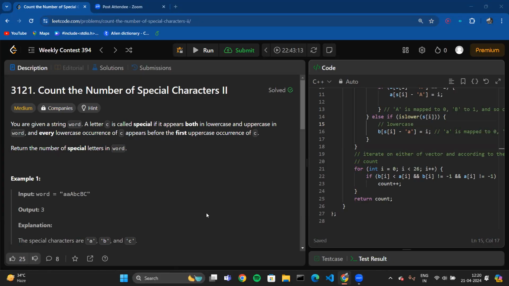Hello guys, what's up? We are back again with another question, and today our question is count the number of special characters part 2. And this was a follow-up question for the first question of the contest. And this question says,